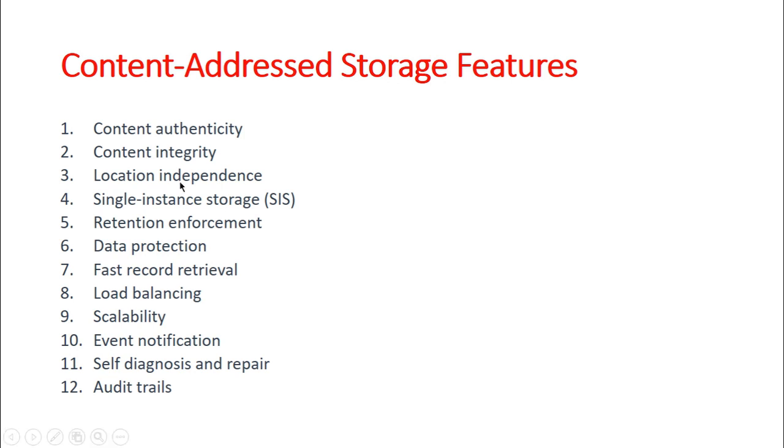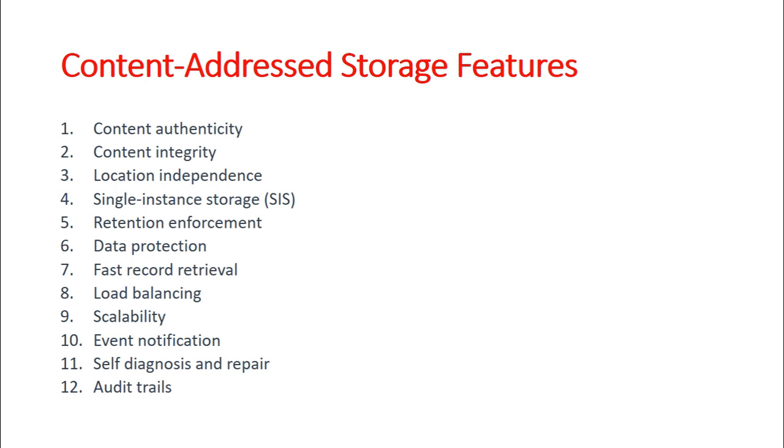The second feature of CAS is content integrity. Let us see what this content integrity feature offered by CAS is. CAS provides assurance that the stored content has not been altered in any way. CAS uses a hashing algorithm for content authenticity and integrity. If the fixed content is altered, CAS generates a new address for the altered content rather than overriding the original fixed content. See, the basic purpose of CAS is to handle fixed content, so content integrity should be maintained.